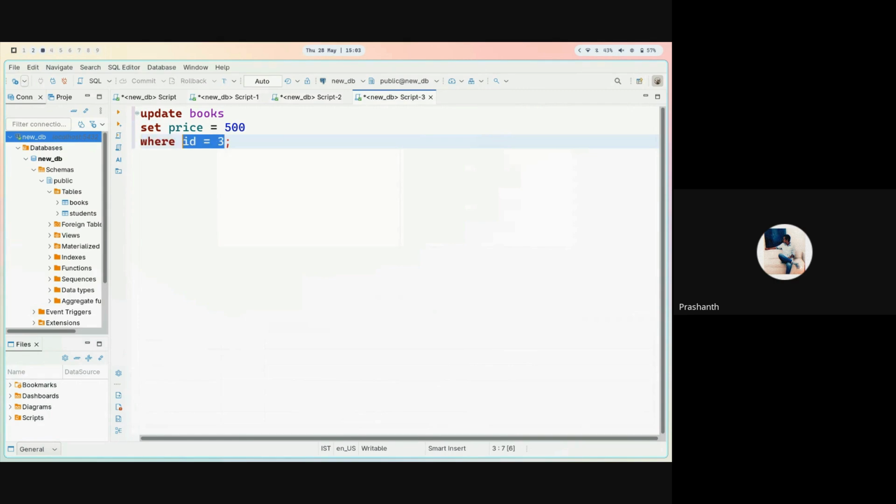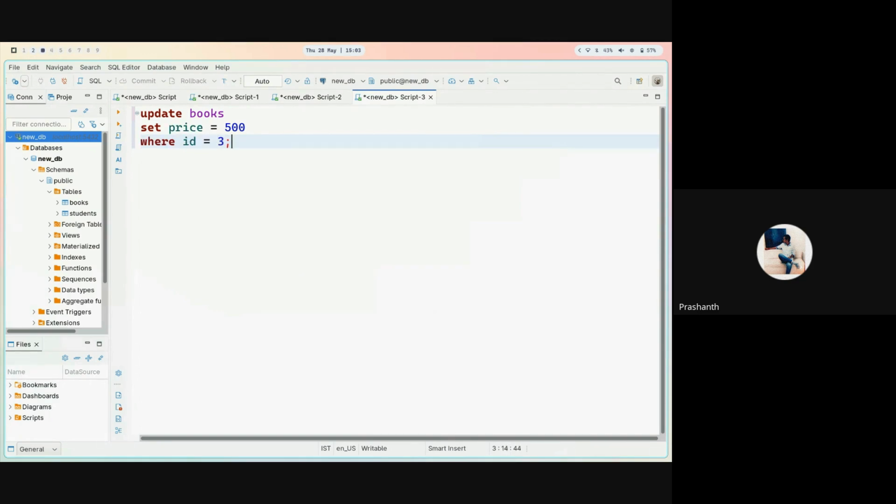This is called a conditional statement. Like I just told you in the previous example, if you want to fetch the students with less than passing percentage, then we could have used something here like, let's say, marks less than 35. So where can be used like that. It is a conditional statement. So similarly, we are changing the value where ID is 3.